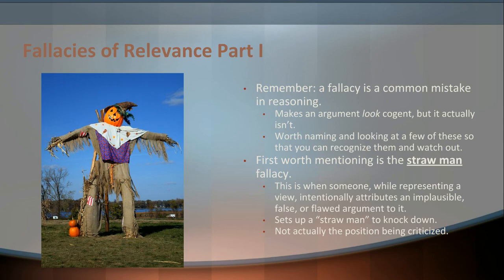So when someone misrepresents a view and says that this is what the view is, it's X, Y, and Z, when none of that's actually the case, and then they criticize that view for believing X, Y, and Z, well, they're not really attacking the view that they think they are. They're committing a fallacy of relevance because they think they're talking about something, but really they're talking about something else entirely. And this is the sort of thing that you see with a lot of political debates. Like, for example,